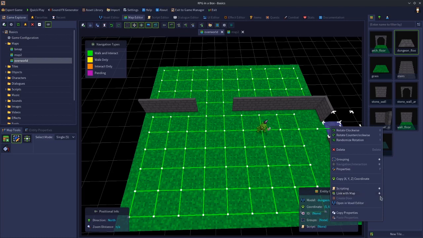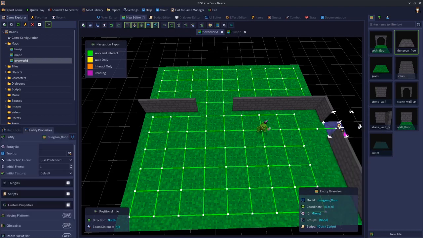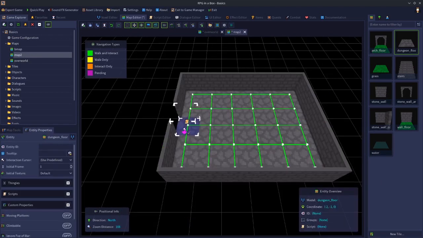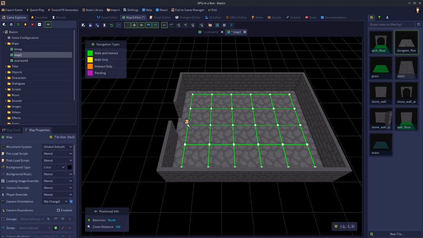So if we link with map 2, you'll see that a script icon will appear above this tile. And if we go back to map 2, you'll see there's also a script icon above this tile. So it's done them both. Okay, if we save both maps